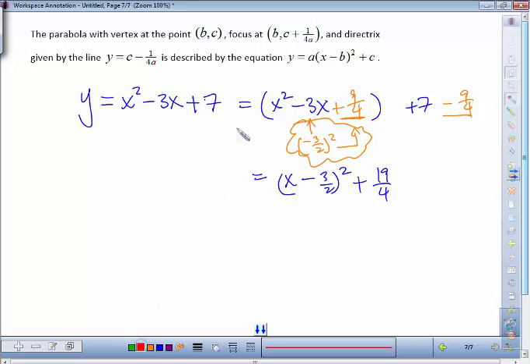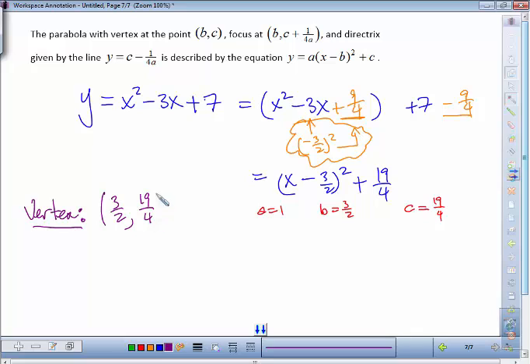All right, so now we can figure out what A, B, and C are. A is equal to 1. That's nice. B is equal to 3/2. That's nice. C is equal to 19/4. So it's your vertex: 3/2, comma, 19/4. And your focus, 3/2, comma,